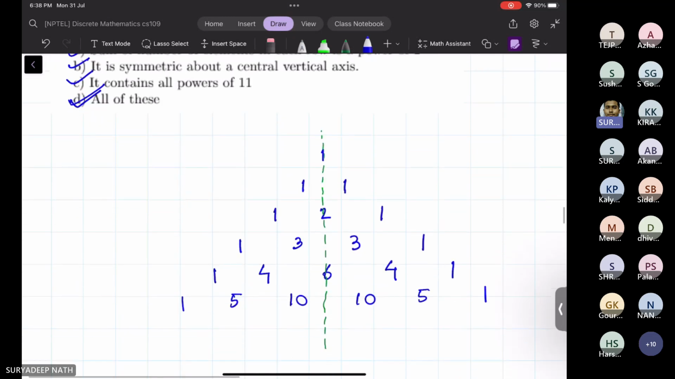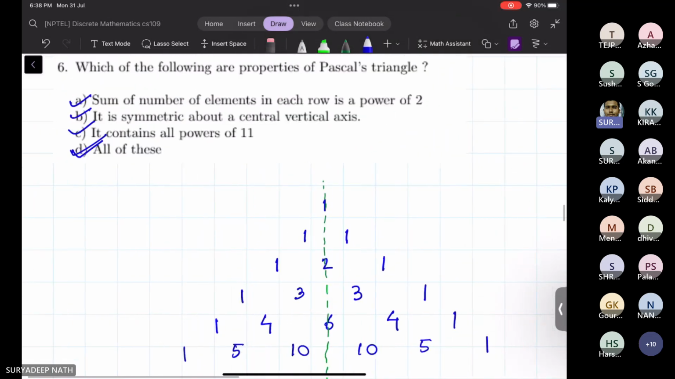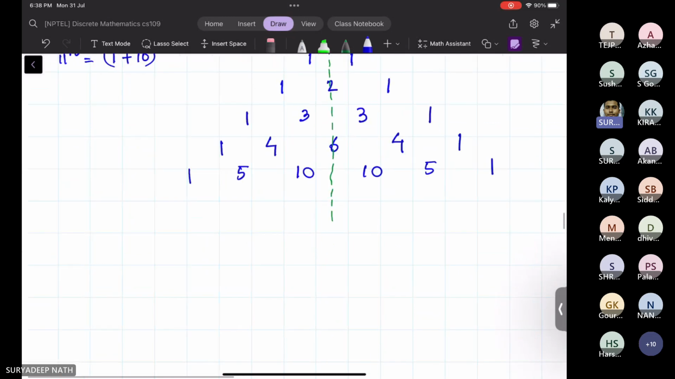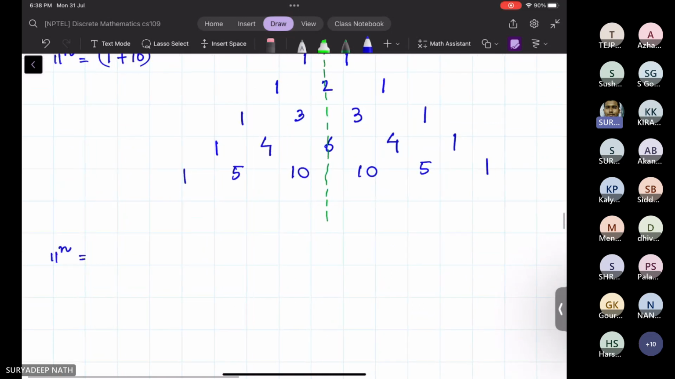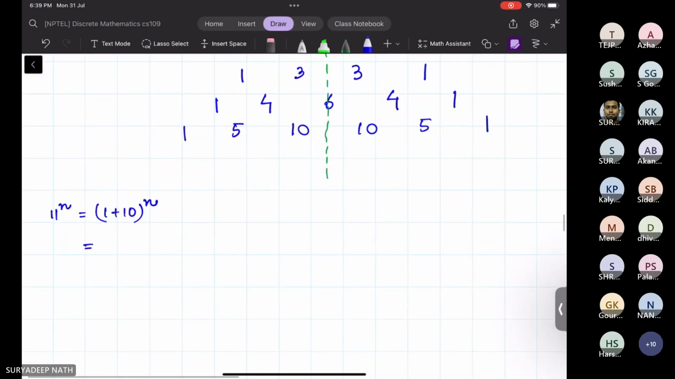So the proof is very simple. If you write 11, you can write it as 1 plus 10, right? So 11 to the power n you can write as (1 plus 10) whole to the power n. Now if you expand this, we can do it over here. 11 to the power n is (1 plus 10) to the power n. So how will we write here? So we have